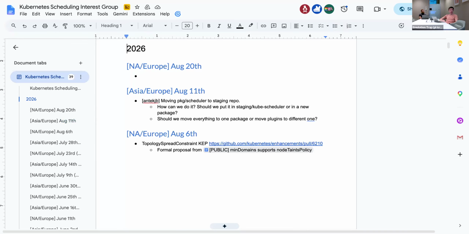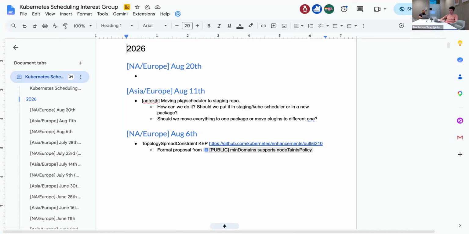And when we will be done with that, which is not so straightforward because we need to also make sure that, for example, feature flags are available in staging repository, then we can move whole code from package scheduler to staging.